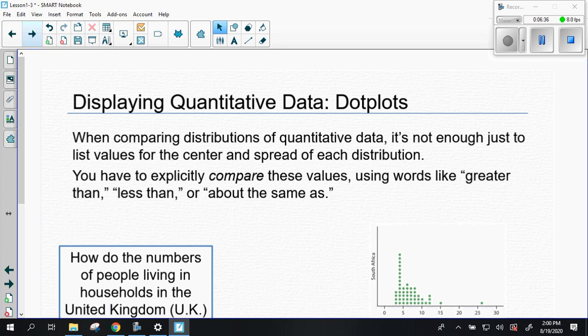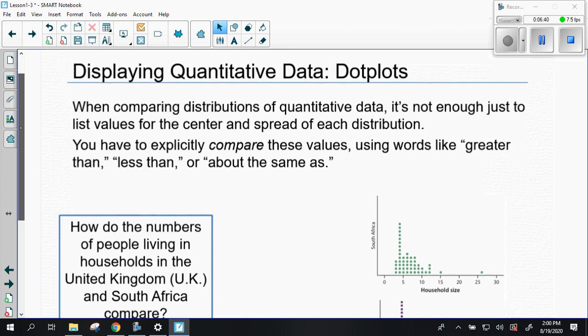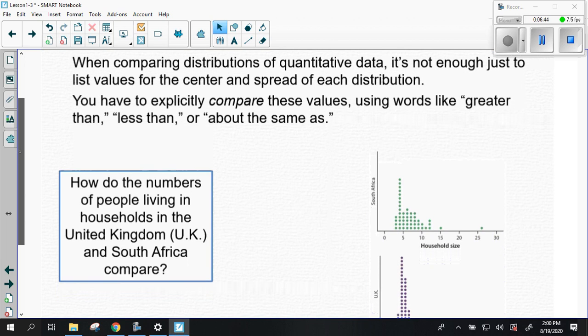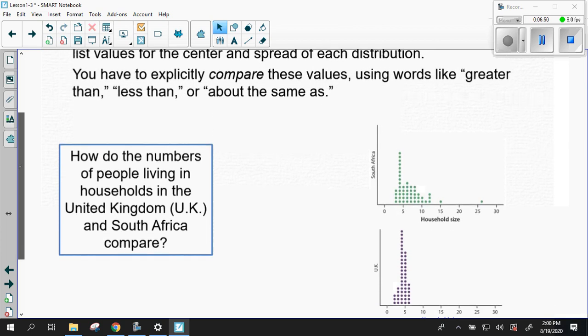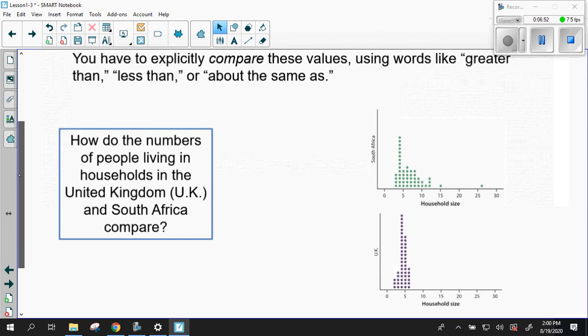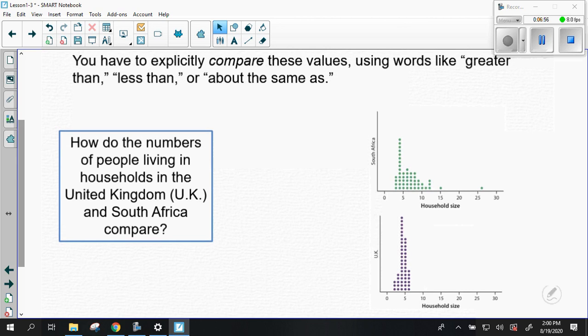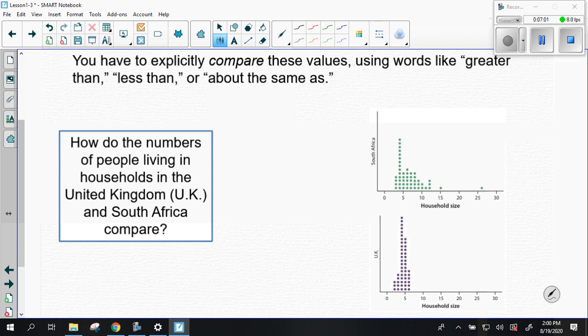All right, so if we're going to compare two dot plots, we need to compare shape, center, and spread. And with the center, we're not going to give an exact calculation. We'll just talk about where we think the middle of the data is. So when we talk about the shape,